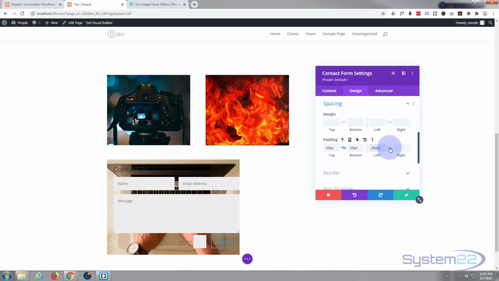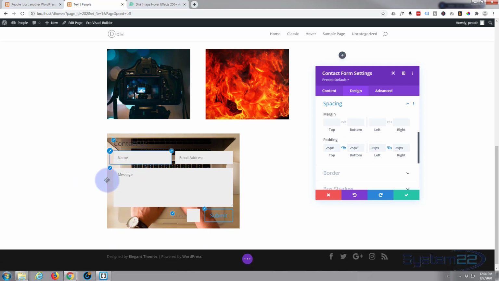Just put in the 25, it'll put in the pix, hit the chain, it'll do the opposite side for you. That's a bit more like it. A bit more space to breathe there. Could have even made that 30, but 25 is fine. Now our title up there,